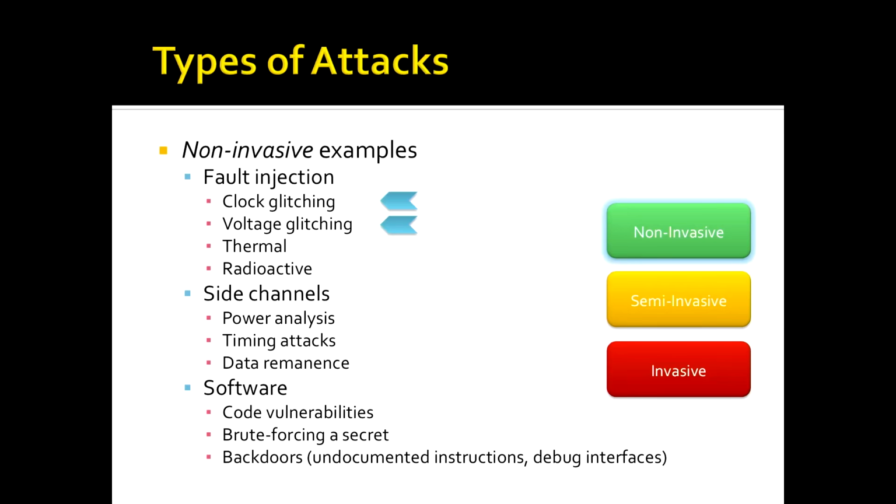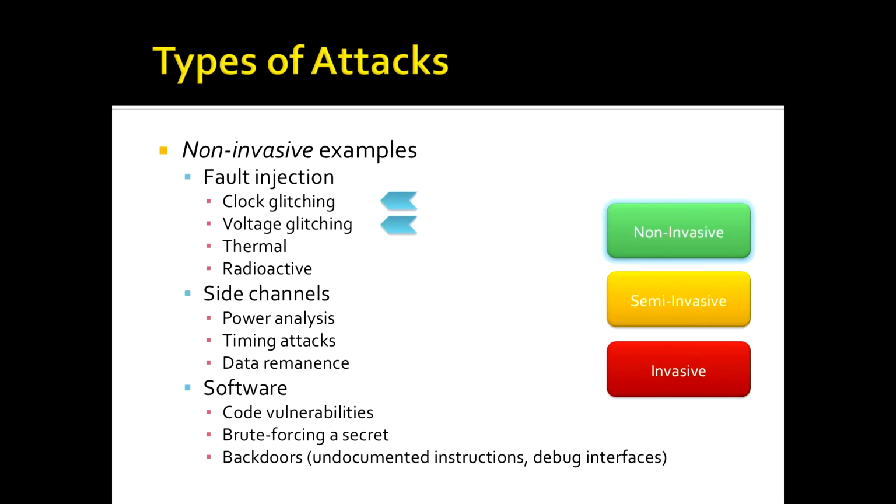So if you just happen to have a source of X-rays, gamma rays, alpha particles, or neutrons walking around in your pocket, you may be able to sit those nearby the chip and get it to flip bits of memory or cause the CPU to latch an invalid instruction or something like that.